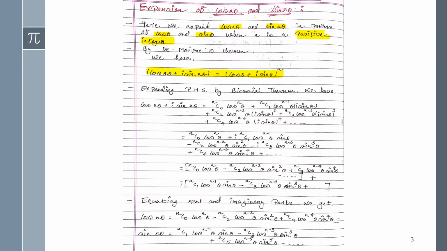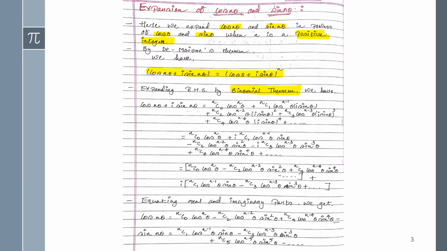Now we expand the right hand side by using the binomial expansion, that is, the binomial theorem. You have already learnt this binomial theorem in the first and second semester, and it is of the form 1 plus x whole raised to the power m. I am directly applying its formula, and if anybody still doesn't know it, then I will send it in a PDF file. Right now I'm just applying the binomial expansion.